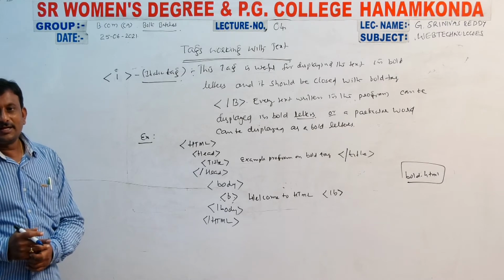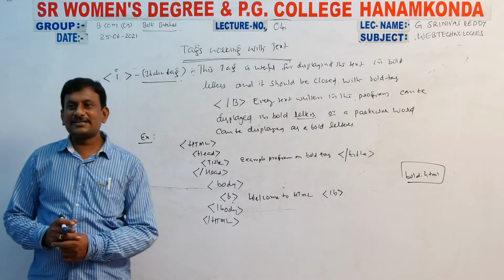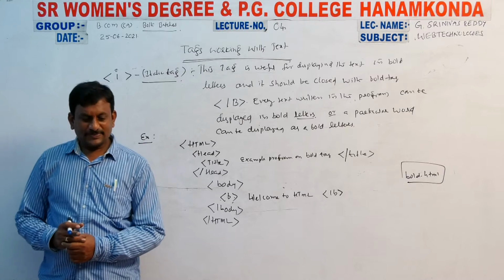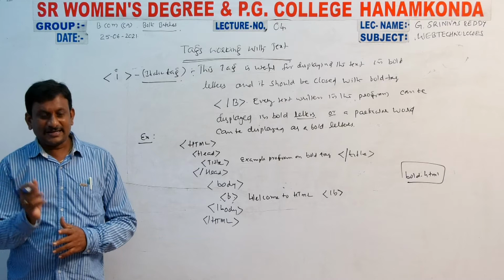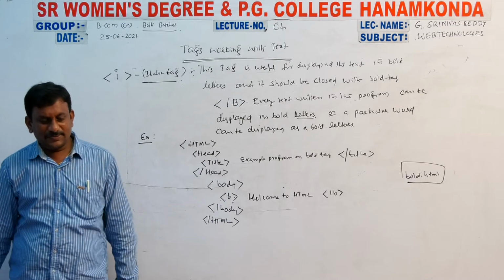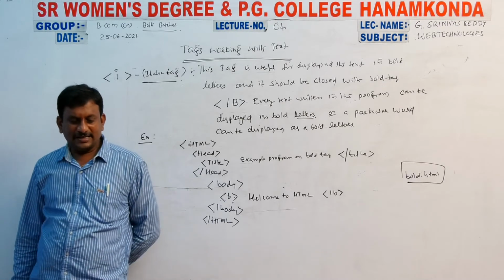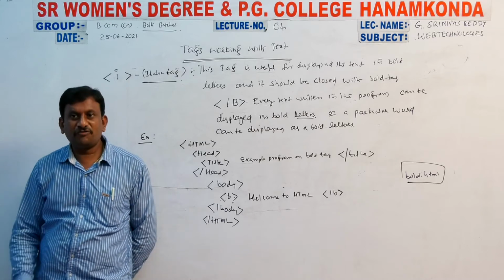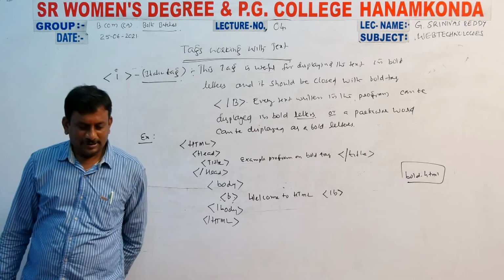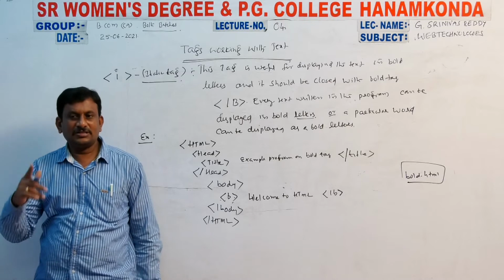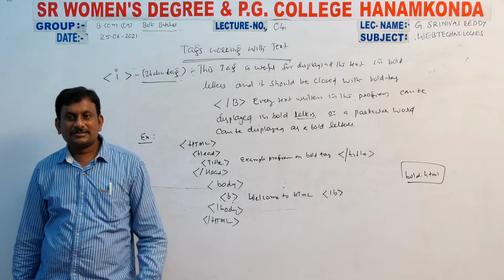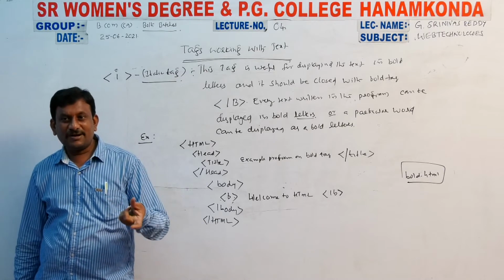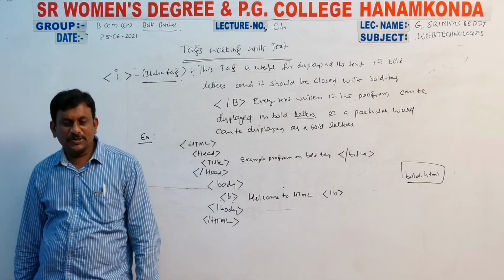The italic tag is mainly used for displaying the text in italic form, slightly curved lines. The text is displayed slightly curved, not straight; the position is slightly changed. That is italic form, and it should be closed with